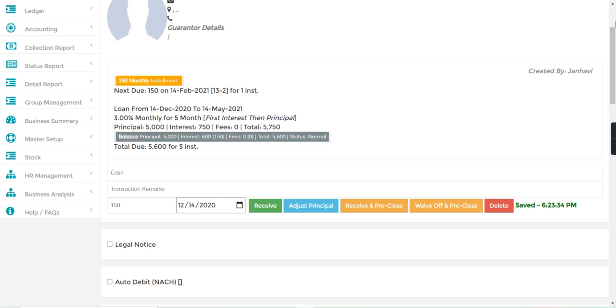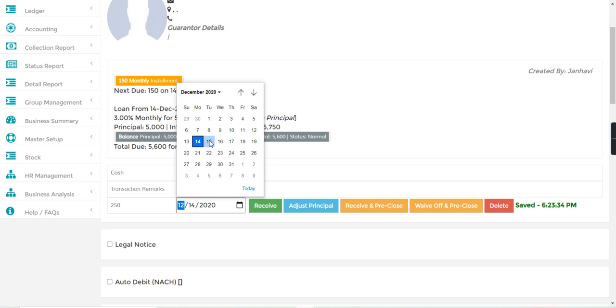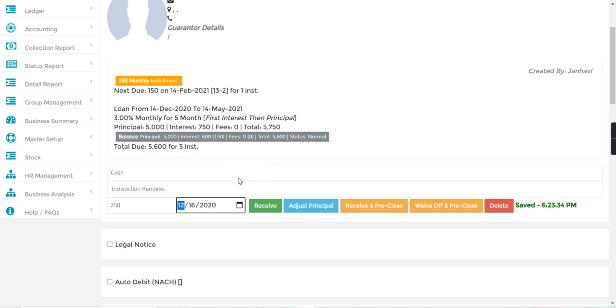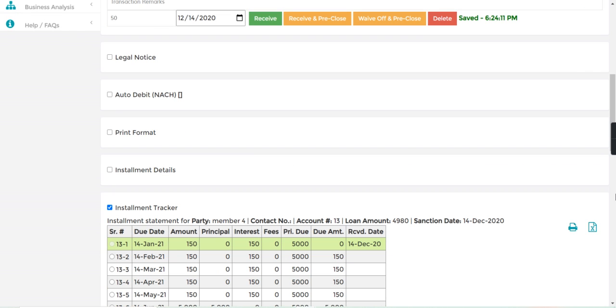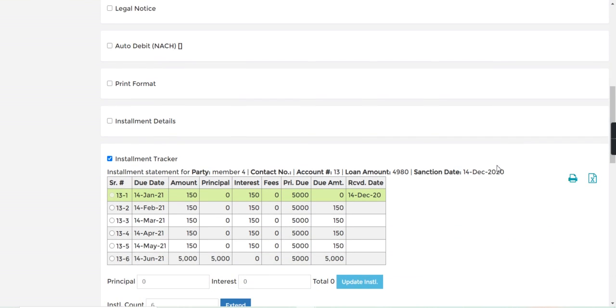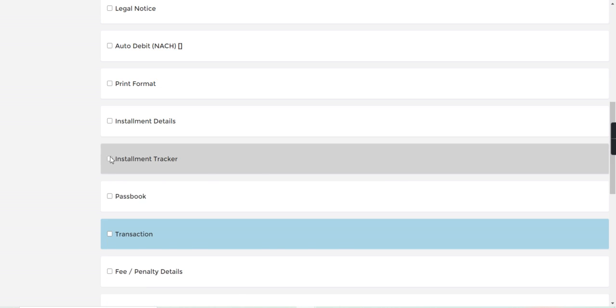For example, let's say the customer is now giving 250. So I will just receive after 16th of December and just receive. Now let's go to the installment tracker and just refresh.